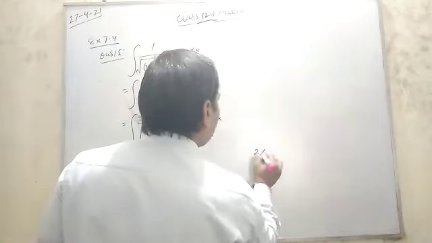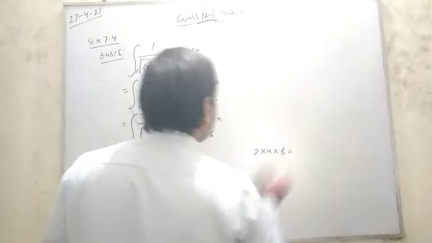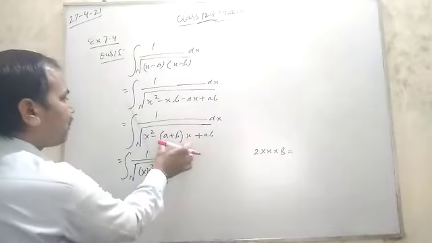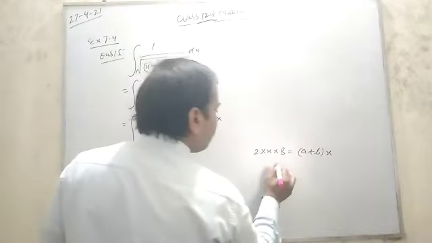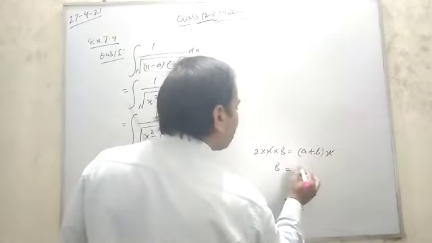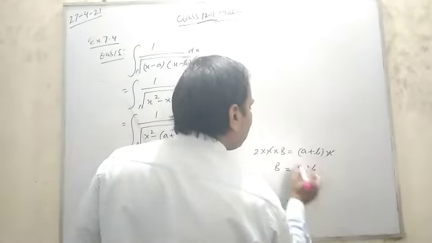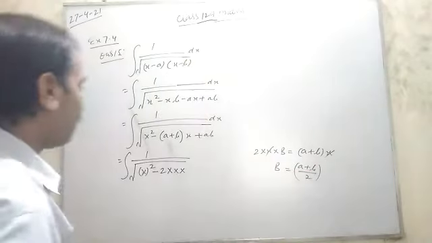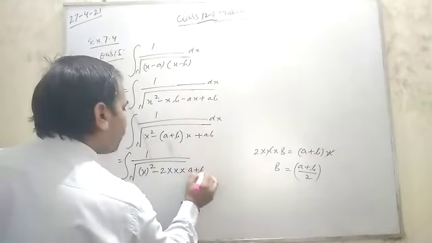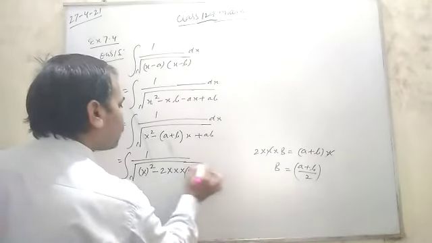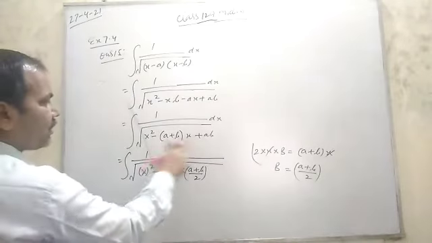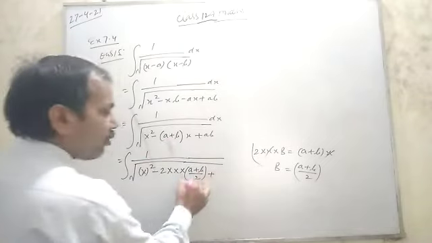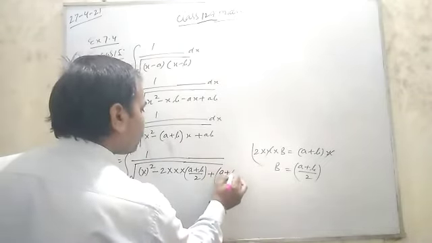See here, 2 into x into b, suppose this is 2ab, and this is equal to this, (a plus b) into x. So from here you find b value. So b is equal to, x cancel, so (a plus b) by 2, this is the value of b. So you put this here, and after that also you check this. So 2 to cancel x, (a plus b) by 2, so this whole square you add it